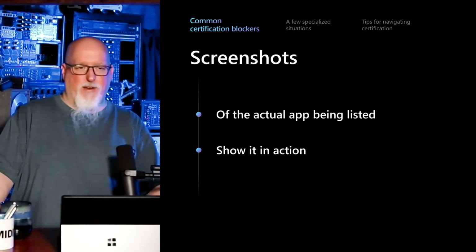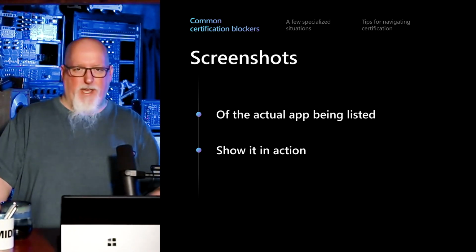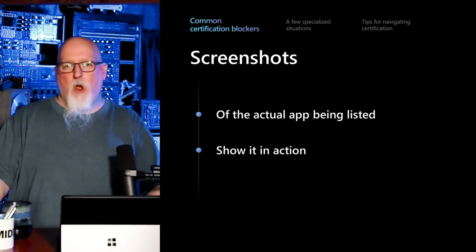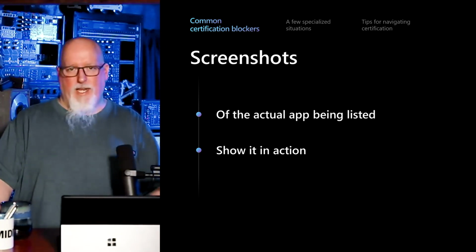I mean, if the application's about cats, okay. If it's not about cats, you can always tweet those images to me. I'm fine with that. But they need to show the actual application in action